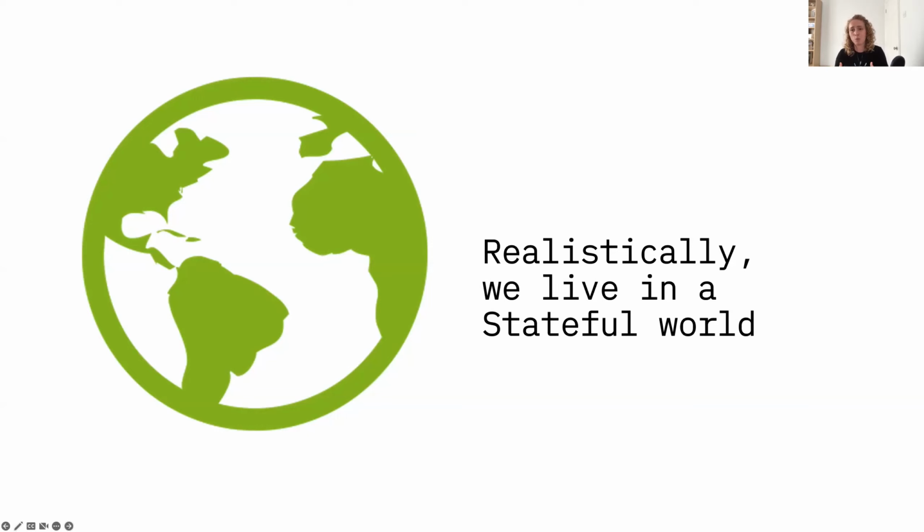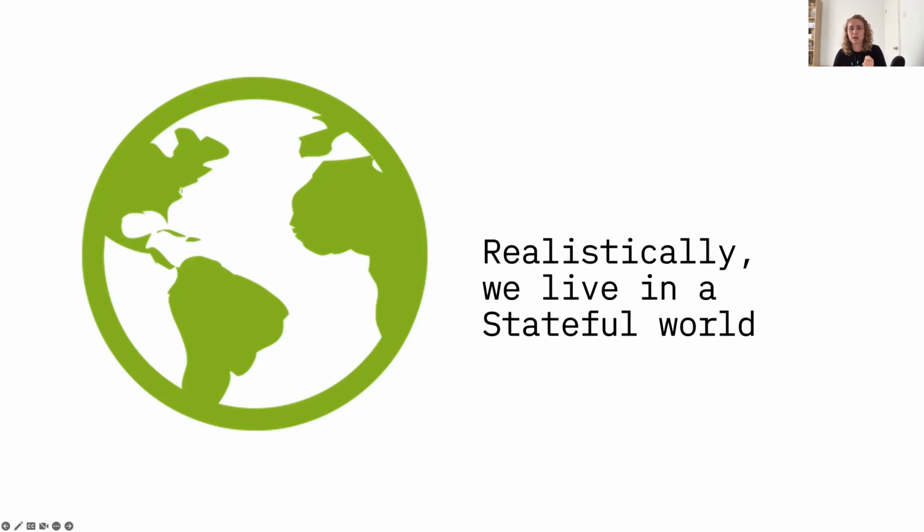We live in a stateful one, where we're expected to remember important things and facts and information and memories like that, for example. And so when it comes to designing our applications, sometimes it can be more realistic for us to need stateful microservices as part of this design. This reflects more realistically on the real world and on how we live. I'm not saying that every application that we design that we are shipping to the cloud needs to be stateful, but in some cases, we do still need stateful microservices.